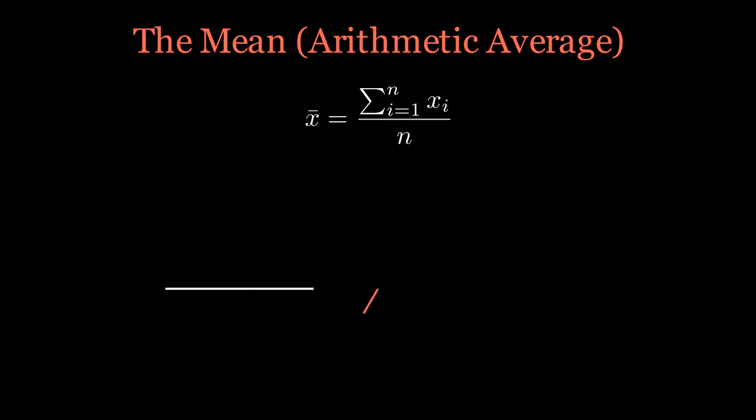Let's start with the mean, the mathematical average most of us learned in school. To find it, you sum up every value in a dataset and divide by the total number of points. Think of the mean as a physical balance point. If you placed weights on a beam representing your data, the mean is the exact spot where that beam stays perfectly level. It's highly sensitive. It considers every single data point from the smallest to the largest.